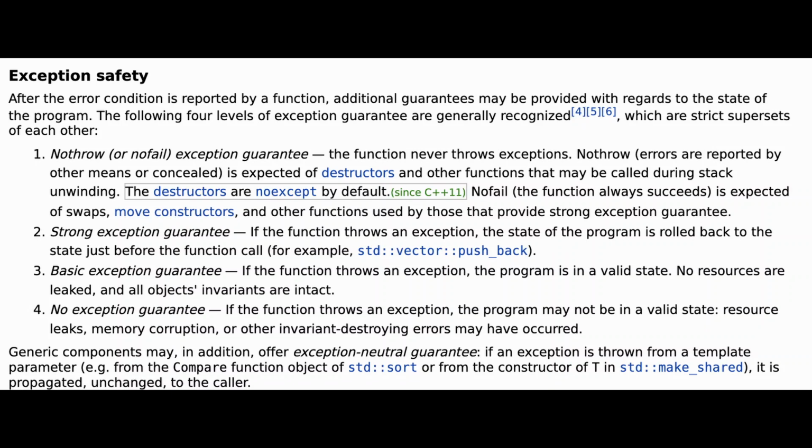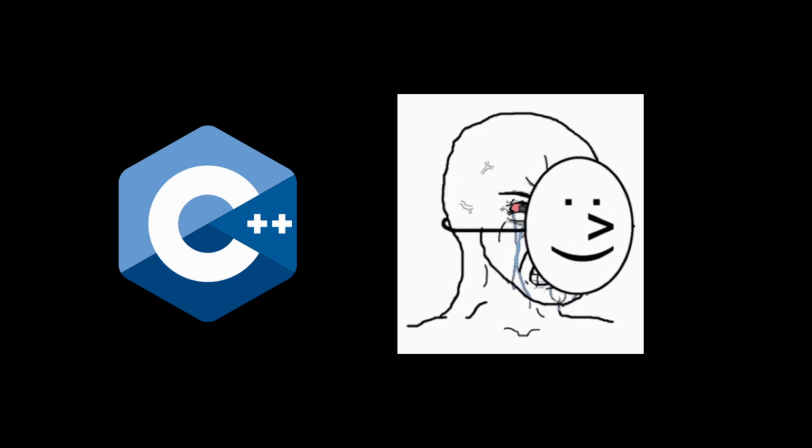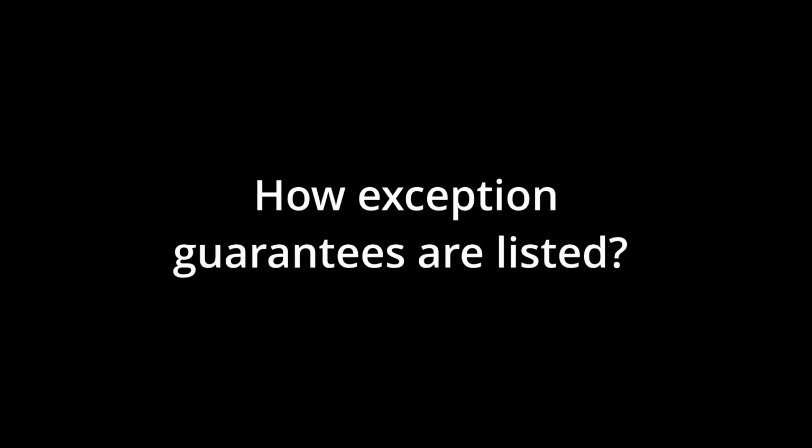In this video, we are going to explore two exception safety guarantees in C++, the no exception guarantee and the basic exception guarantee. Exception guarantees are essentially a contract between the C++ specification and the programmer. They define what your program is allowed to look like after an exception is thrown. The exception guarantees are listed from the strongest guarantee to the weakest one. So today we are covering the bottom part of the hierarchy, the basic and the no exception guarantees.